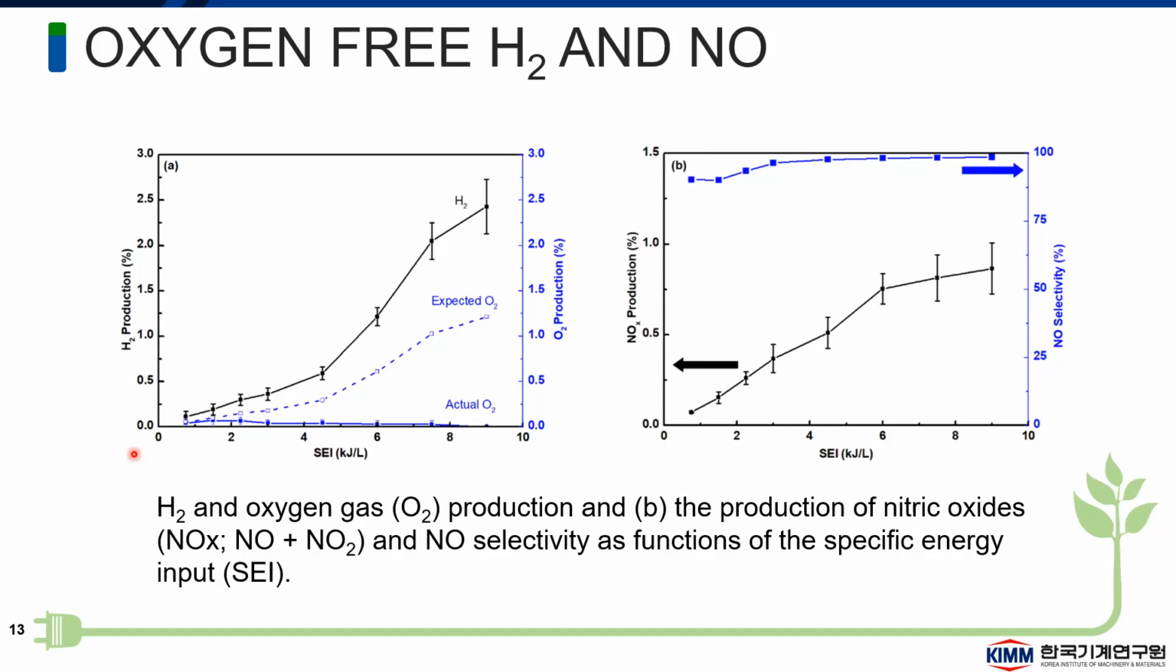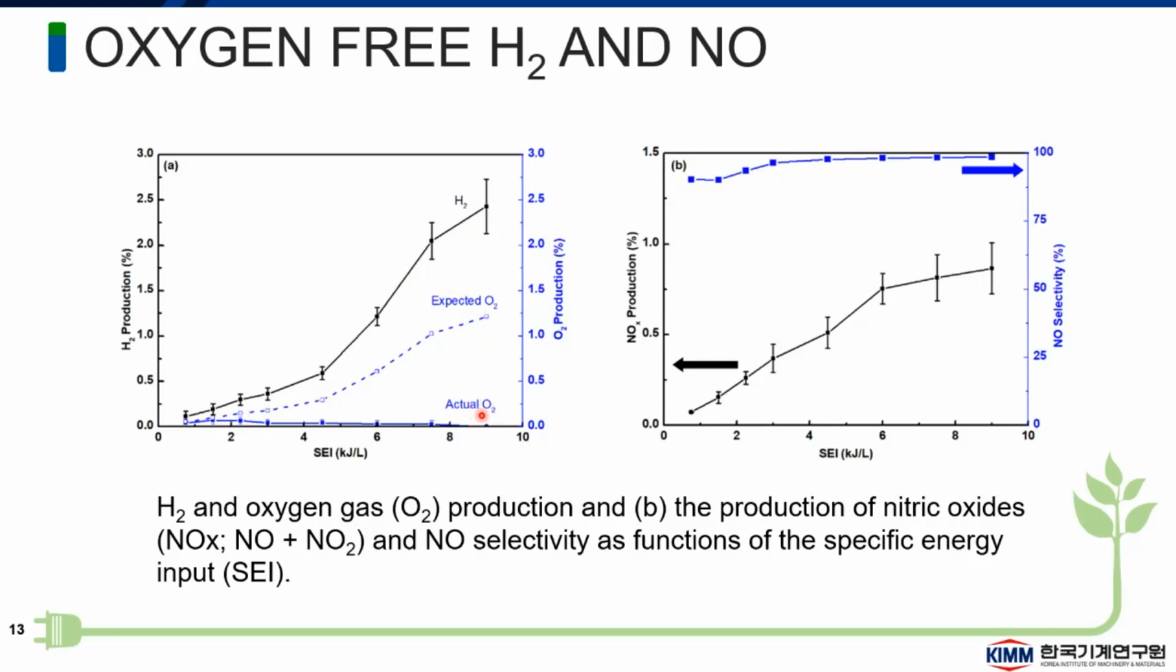So here we can see that when we introduce water in nitrogen discharge, as specific energy increases, production of hydrogen also increases. But unexpectedly, firstly oxygen concentration increases, but after that it becomes zero. Our expectation was, like the water splitting equation, oxygen should be half of the hydrogen production, but